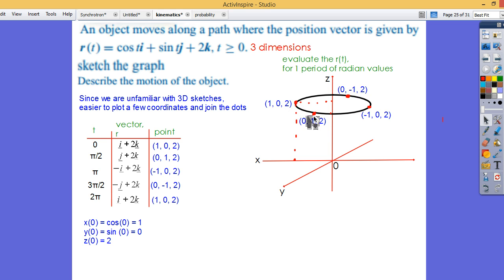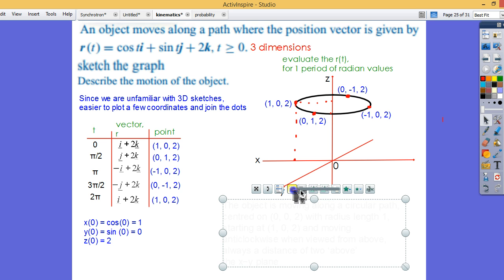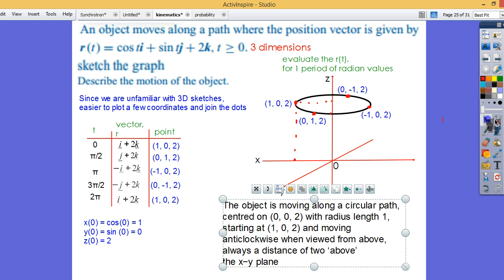And you can see we've kind of traversed this path around in some kind of anti-clockwise direction. We've started here and moved around this way in an anti-clockwise direction. So we can use that to help describe the motion, what's happening. The object is moving along a circular path, as we see, centered on